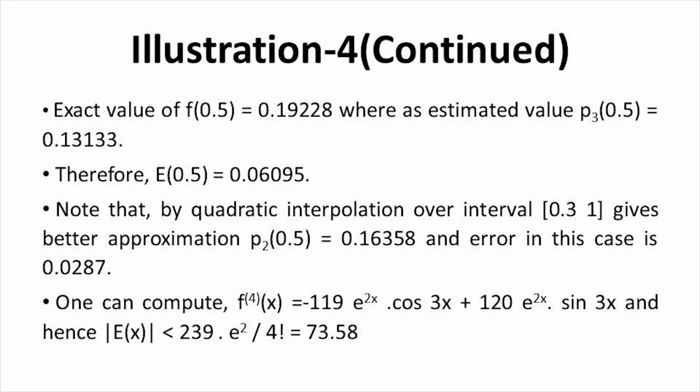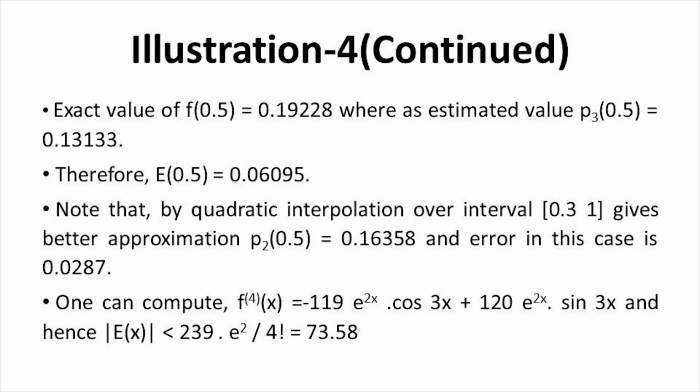So, that is E(0.5) will be equal to 0.06095. Note that the quadratic interpolation over the interval 0.3 1 gives a better approximation, as P_2(0.5) is 0.16358, which is closer to the exact value,